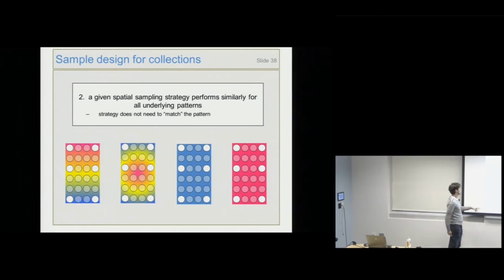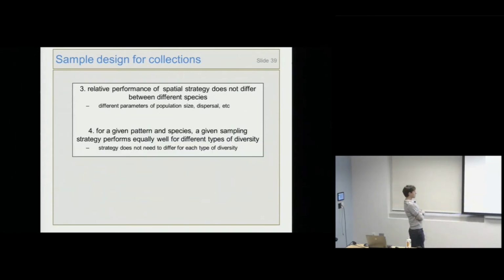Another one is that, if we take a given spatial strategy, in this case the edge focus, and apply it to each of these different underlying patterns, the null hypothesis is that this given strategy performs equally well across all of those patterns. A couple of other null hypotheses we might be interested in: do the actual parameter values of population size or migration rates affect the performance of a spatial strategy? And then the last one might be